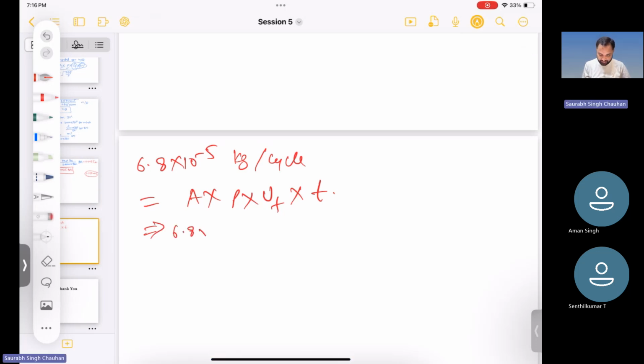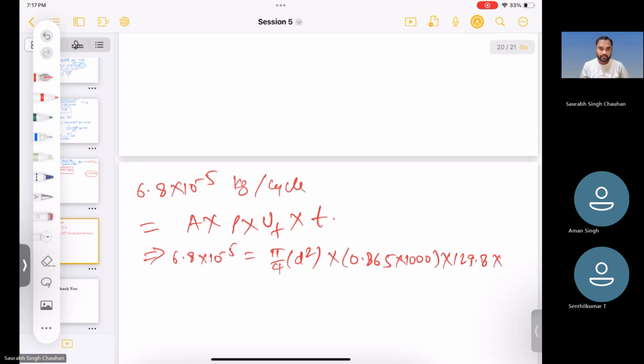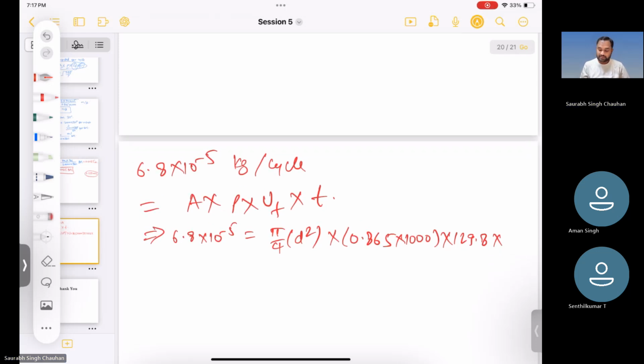So 6.8 into 10 to the power minus 5 will be equal to pi by 4 into d square into density. How much is the density? 0.865 into 1000 into velocity. How much was the velocity? Velocity was 129.8 into time. What was the time? Time we have just got, 0.0025. Okay, these are the values, and now we can find d is equal to under root 6.8 into 10 to